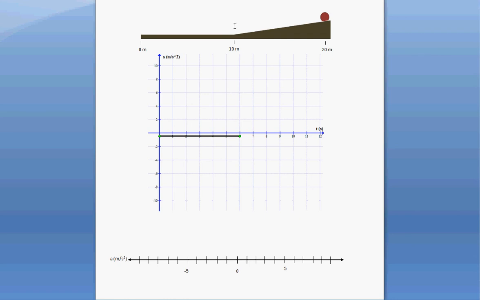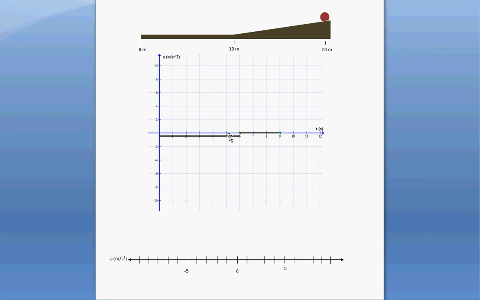After the first 6 seconds, the ball is not going to speed up anymore. It's also not slowing down. It is not changing velocity, so that means 0 acceleration for the final 3 seconds of the trip from 6 to 9. To draw this on the motion map, we're going to show that the acceleration was a nice steady